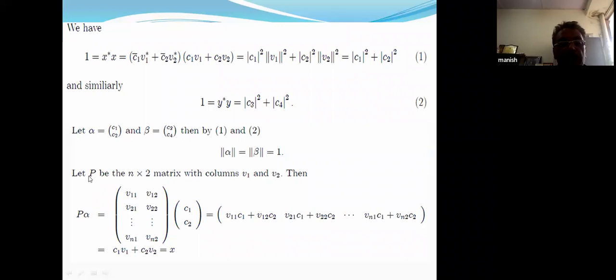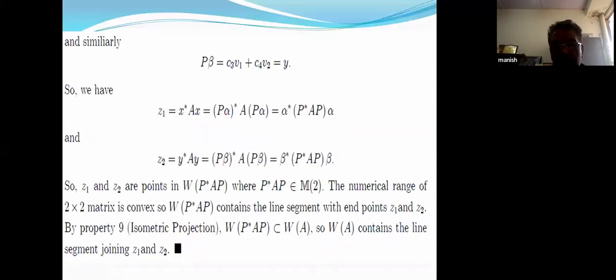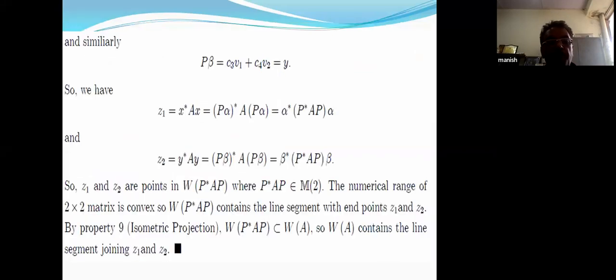Now we consider this isometry. Let P be the n by 2 matrix with columns V1 and V2. Since the columns V1 and V2 are orthonormal, therefore P is an isometry. So we now have P alpha. We calculate that P alpha comes out to be X. Similarly, P beta, we calculate, comes out to be Y. Then